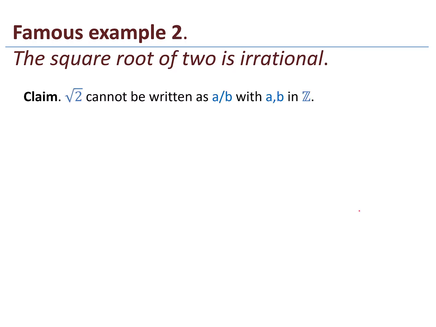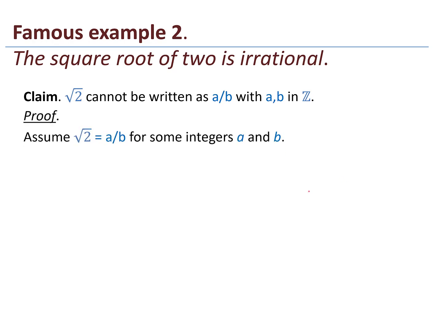One more famous example: the square root of 2 is irrational. This is also a result due to the ancient Greeks, the Pythagoreans in particular. The claim is that the square root of 2 cannot be written as a over b, where a and b are integers. Proof. Let's assume that the square root of 2 does equal a over b for some integers a